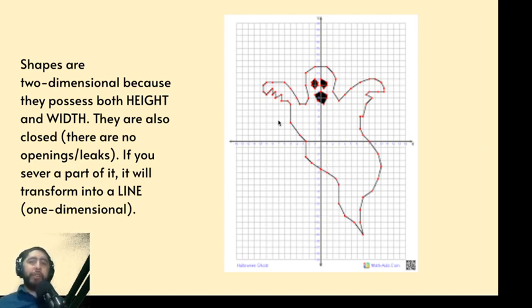And so this ghost shape, which is very silly and cute, that is a 2D shape, which means there's a line that makes a full circuit without a break in it. However, if you do get rid of one of these little lines here, that will turn into a line and become 1-dimensional technically, but it's still pretty much a shape, just open. So the 1-dimensional line and 2-dimensional shape, they're not 100% bulletproof, or waterproof rather, but they're general guidelines to how